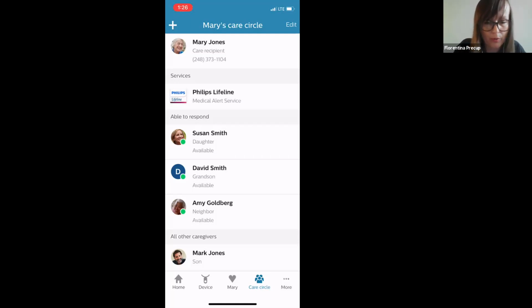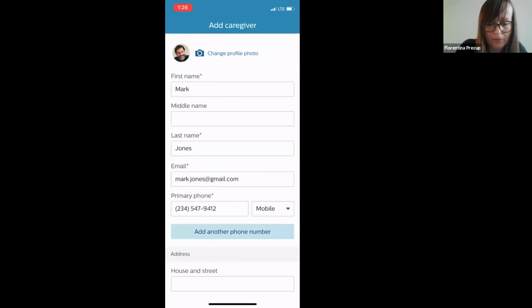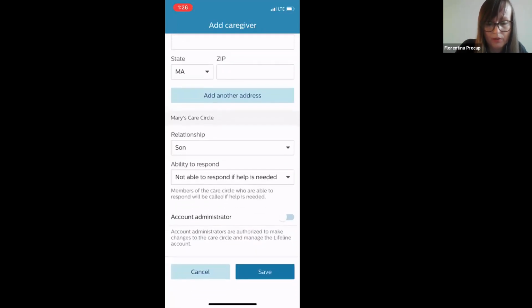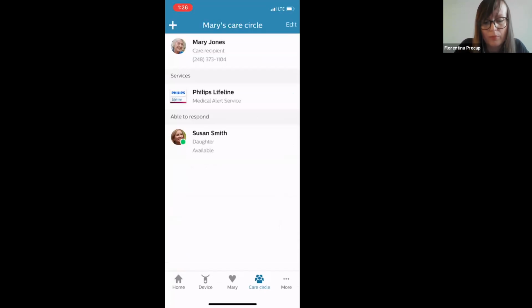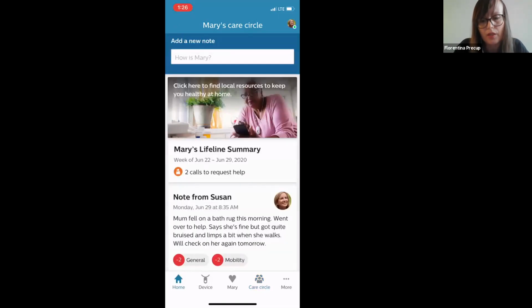What I didn't show you very briefly was this plus button, where the caregiver, or whoever else in the care circle, gets added. What's very important though, and I'll go real quick to the full view of the care circle, what's really important is the value of being together in this care circle. So when they are all participating in this care circle in Philips Cares,